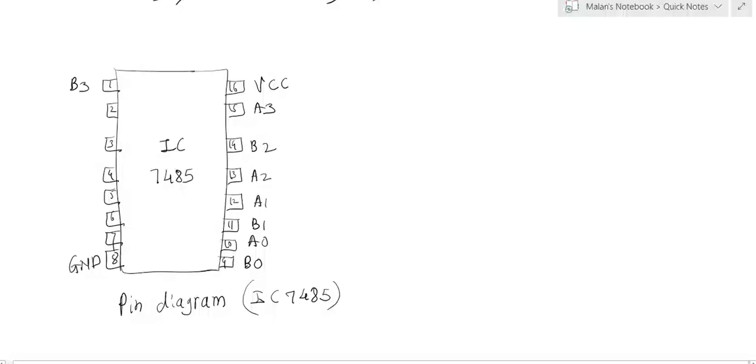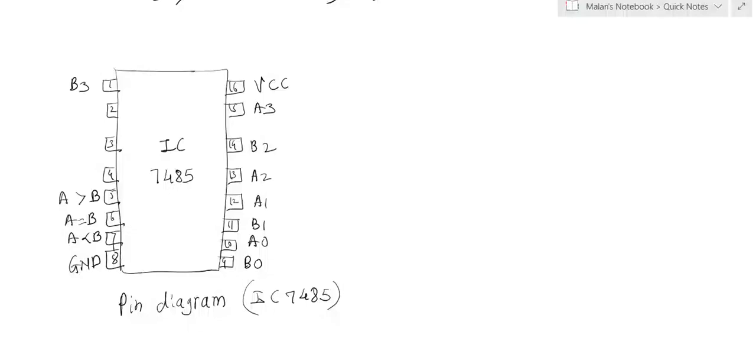Now the outputs of these 4-bit inputs are displayed on pin numbers 5, 6 and 7. Pin number 5 gives the output A greater than B. Pin number 6 gives the output A equal to B. Pin number 7 gives the output A less than B. Now when you pass the inputs to A0 to A3 and B0 to B3, depending on the result, any one of the outputs A greater than B, A equal to B or A less than B will glow. The LEDs which I have placed on these output pins will glow.